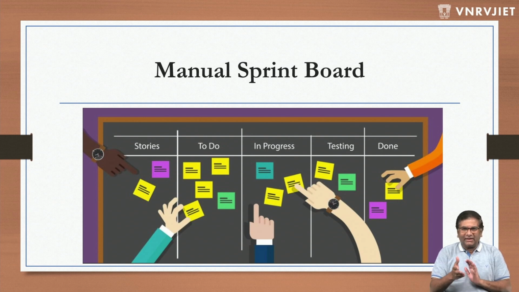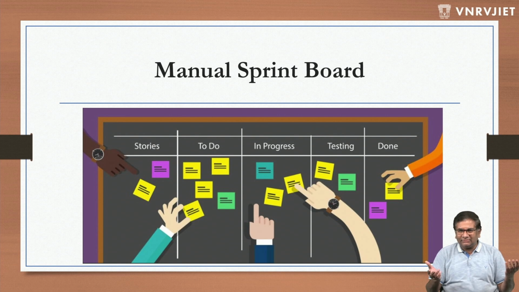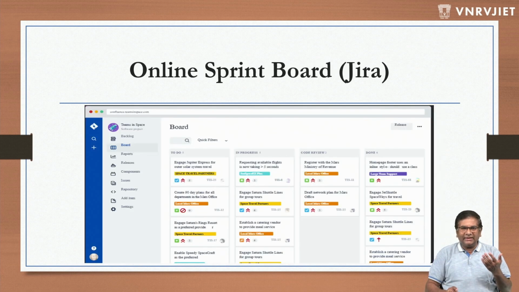Nowadays people are not using these manual boards because of remote working, and because with a manual board, the challenge is that somebody, knowingly or unknowingly, may do some nasty things to that board, right? These boards are okay in the beginning, but practically they have problems. So there are automated boards on the web where all these activities, such as creating a story, picking up stories, putting them into progress, testing, and everything, are done in an electronic way. There are so many tools available.